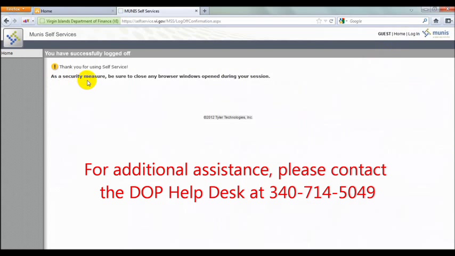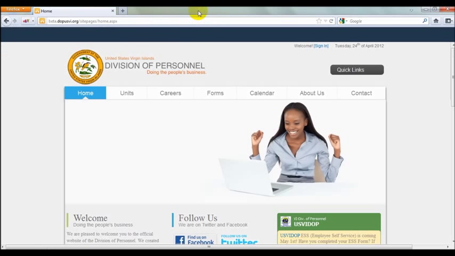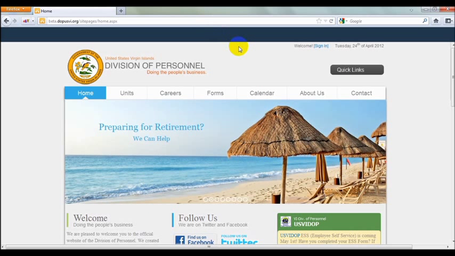As you have indicated, I've just logged out of the employee self-service, and if an employee is sharing computers, we always recommend closing the window. And if you have any questions or concerns, please contact the Division of Personnel's Help Desk at 714